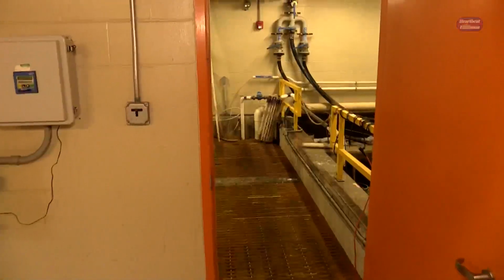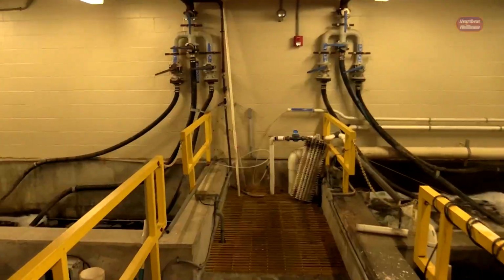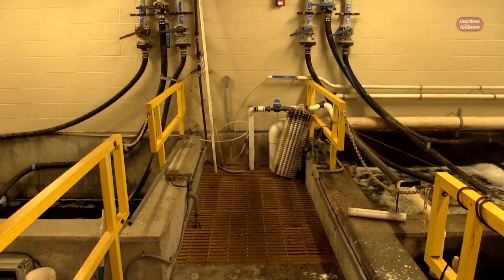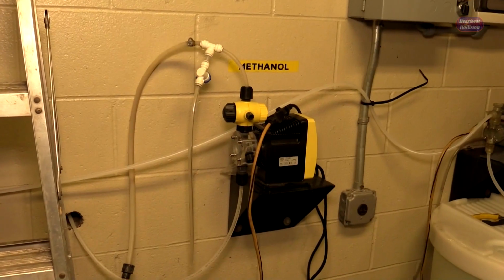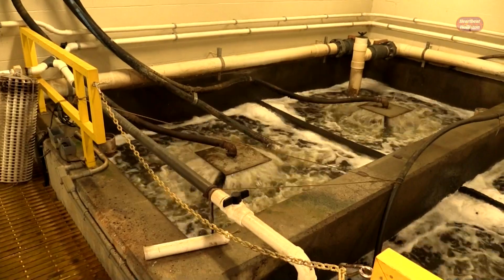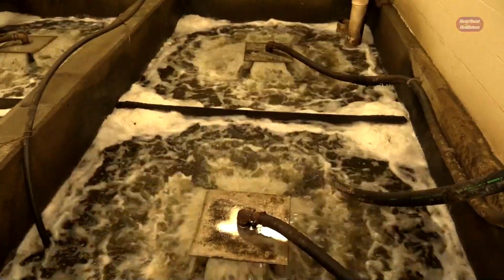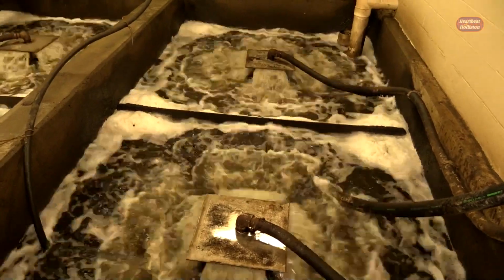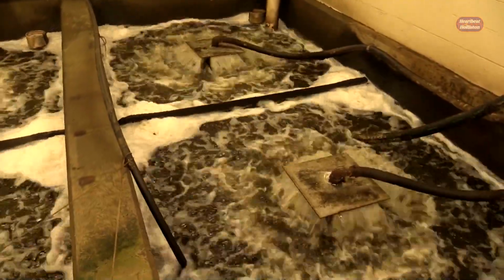So the wastewater comes in from the various sites, comes into this first chamber. It's called a biofilter. It basically is an area where methanol is added to the plant to create microbiological growth. And this percolation that you see goes on in 3 stages. So there's biofilter 1, into the back right is biofilter 2, then it goes out to another tank and gets mixed again to try to kill the bugs,